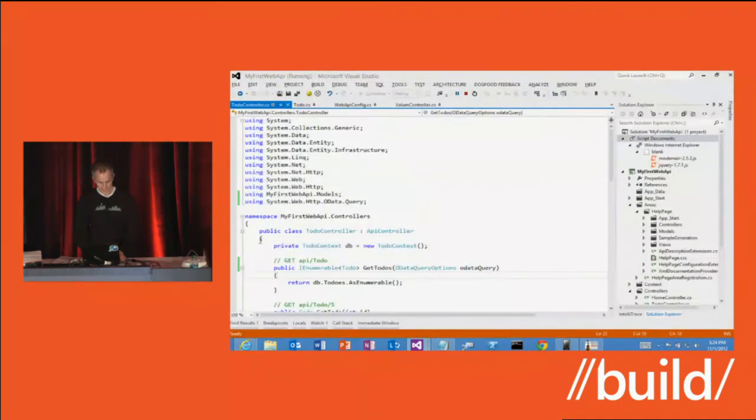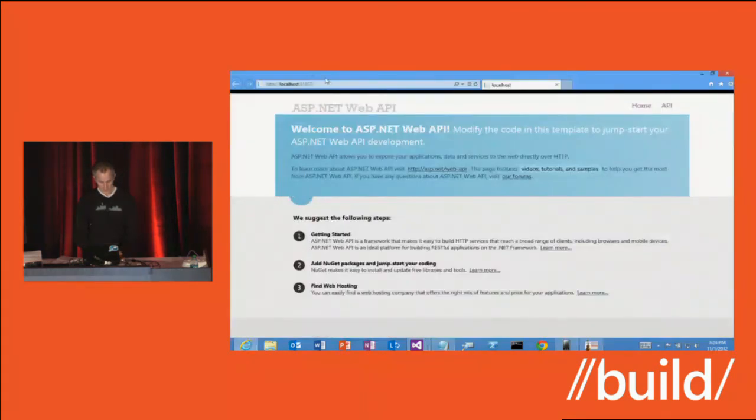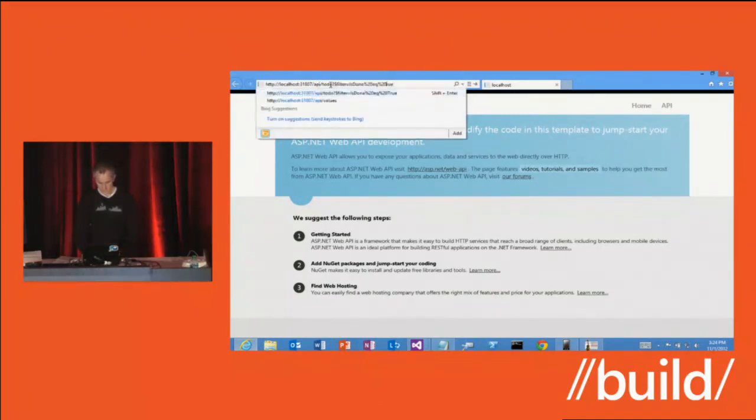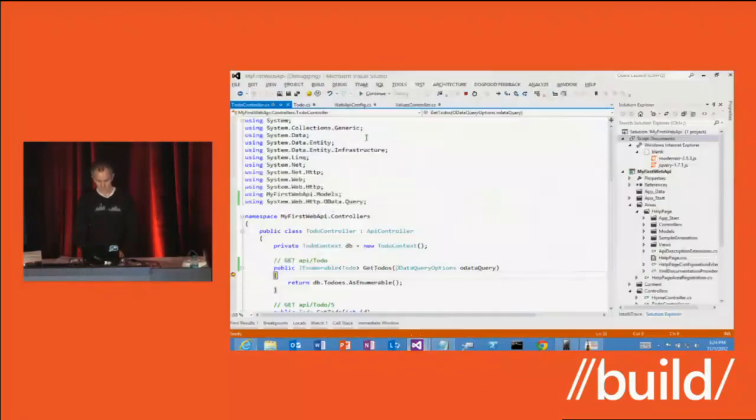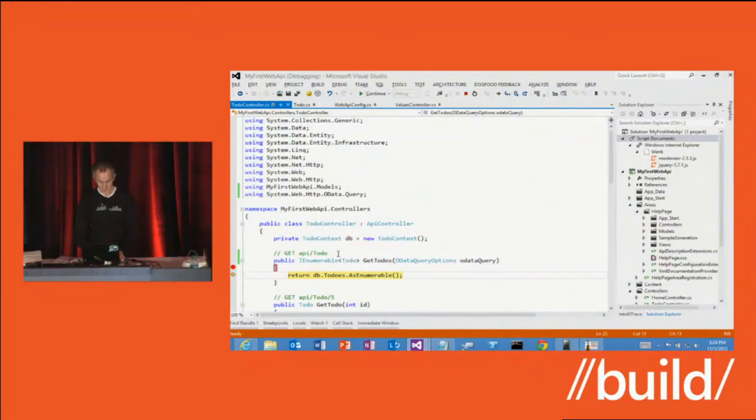What did I do wrong? Did I forget my breakpoint? Let me set my breakpoint. Okay. Lowercase t. Okay, now I'm in my action. And let's look at this OData query option. So I'm not using the Queryable attribute in this case. In this case, I'm saying, let me handle the query.